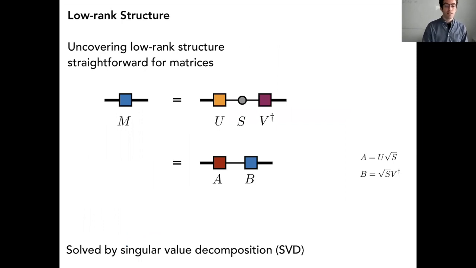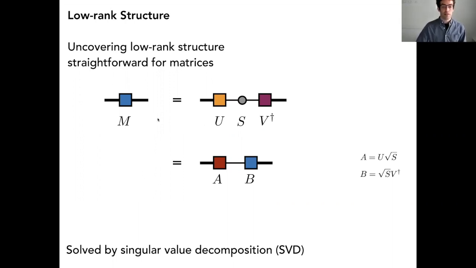So let's just go to the simplest case when talking about low rank. Unfortunately, I'll have to go through this kind of quickly, but this is just some background on low rank. Let's talk about a low rank matrix and what's one way of uncovering the rank of a matrix. One way to do this is to use the SVD. The SVD is a very elegant decomposition. One nice thing about it is that it always succeeds. You can take any matrix you want and compute its SVD, singular value decomposition.